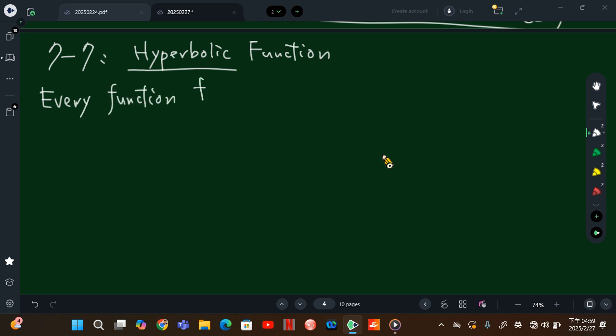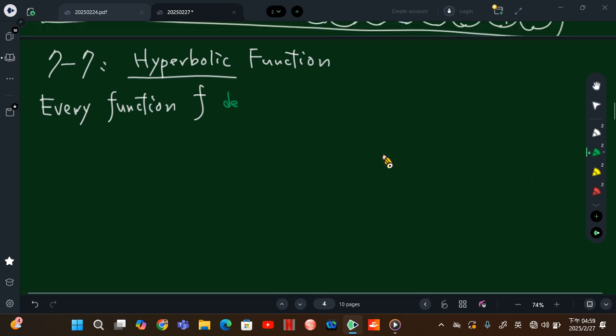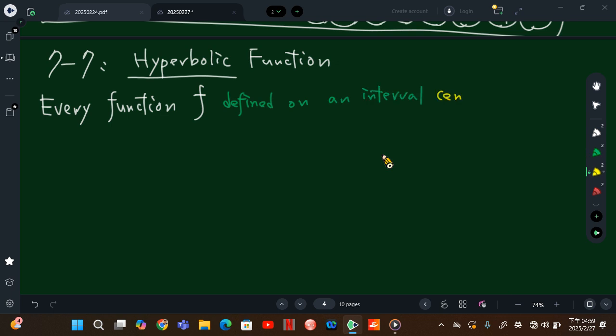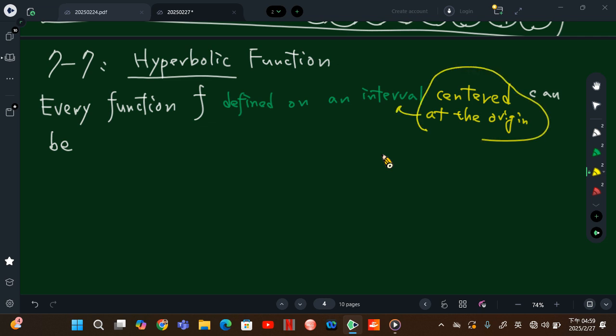Okay, so when we talk about hyperbolic functions, we will just define them first. Every function f, if it is defined on an open interval centered at the origin, so the interval should be symmetric, centered at the origin means from negative A to A, like negative 5 to 5, negative 100 to 100, can be expressed by f of x equal to